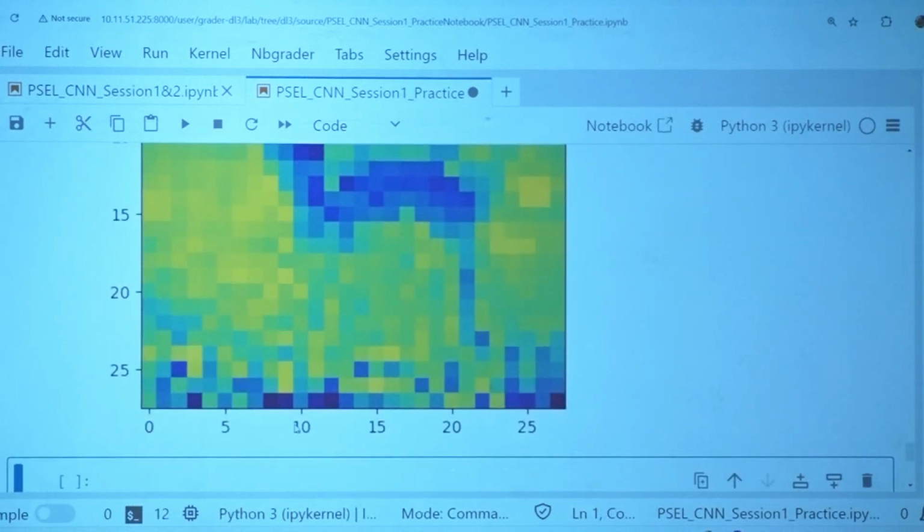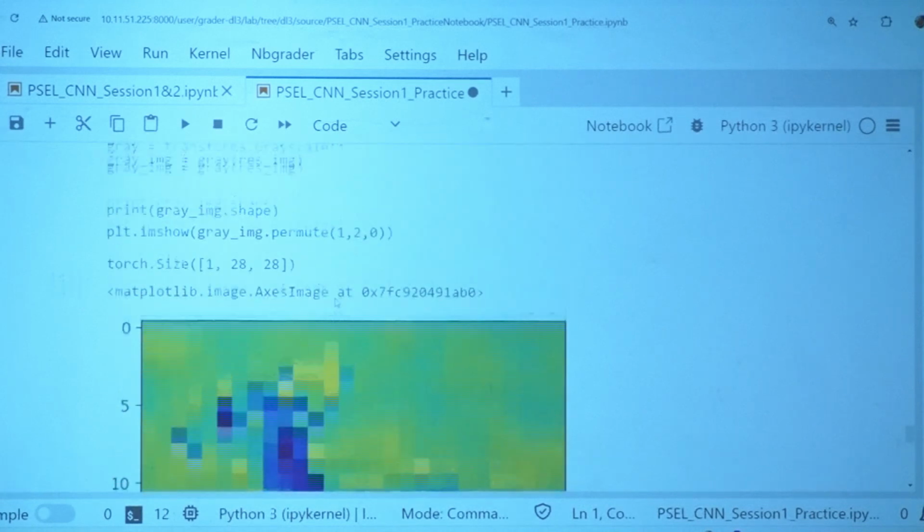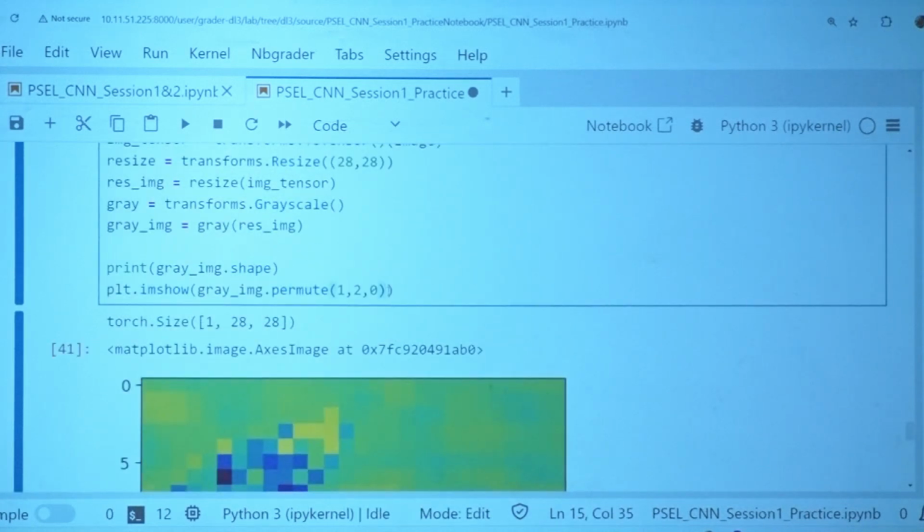What did I get? Viridis is a representation of color mapping. I didn't get the exact grayscale image. What am I supposed to do? In imshow of the plt library, set the